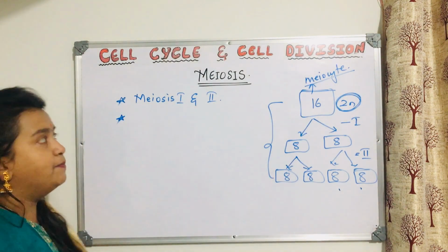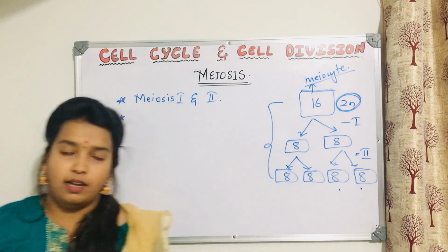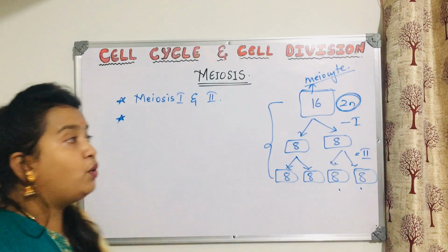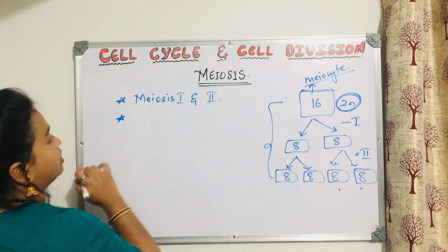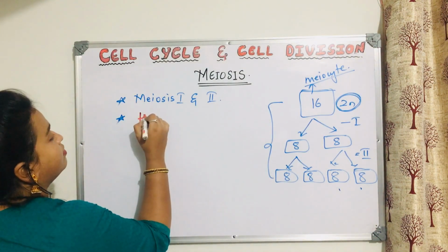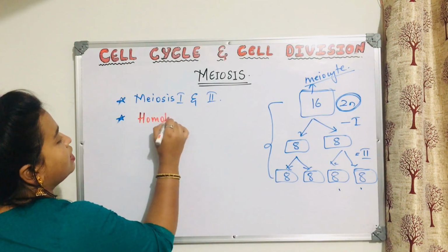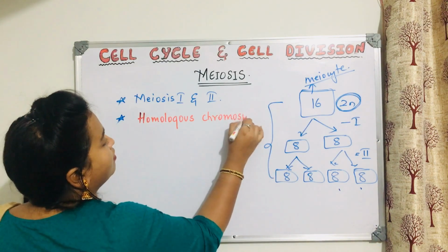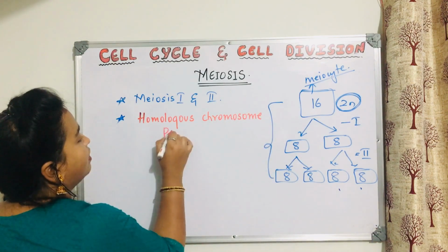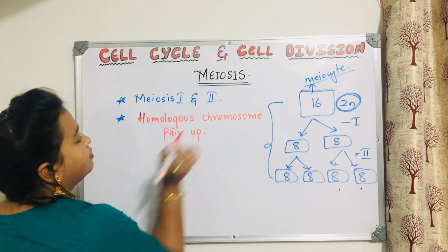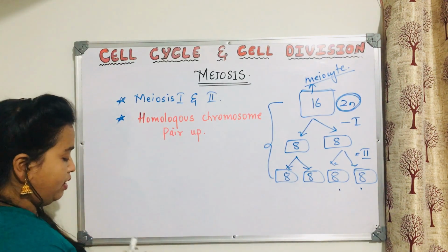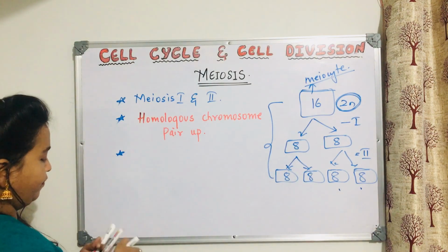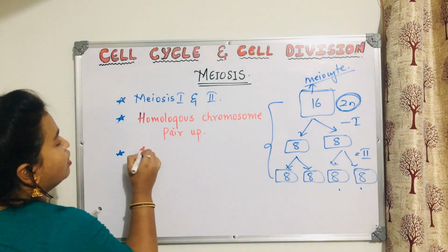Now one more thing, this is very very important. Comparative analysis of mitosis and meiosis: there are 2 important things which happen in meiosis, that is homologous chromosome pair up. And another important key point of meiosis is crossing over